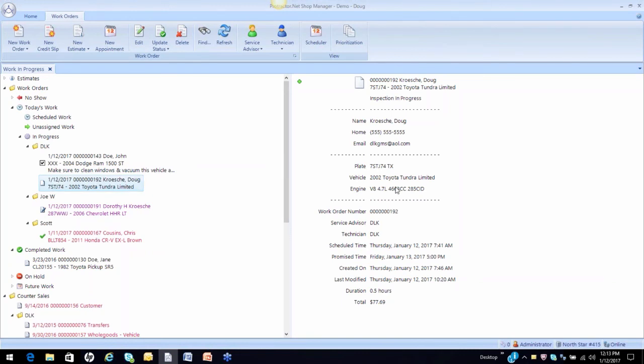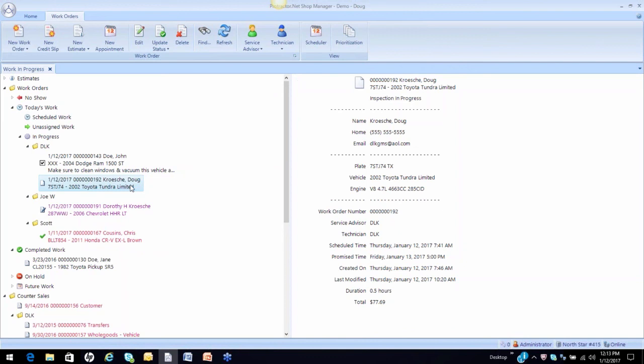Again, I can't tell you how important these were for me when I was running my shop, and hopefully you guys can take advantage of those instead of when the customer calls in trying to track down the service advisor and ask them what the status of the job is. We should be able to address most all customer questions right from the screen, as long as we're staying up with those workflow stages. So just a quick review.